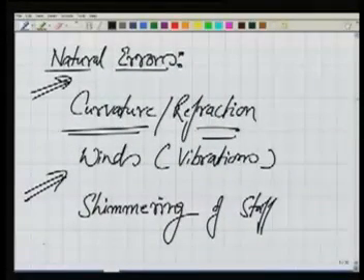winds. Winds means, if there is heavy wind in the field, it is very difficult to keep the staff vertical. Number two, sometimes it may happen that your instrument may have some vibrations. Because of that, there will be a problem. Then finally, the third one,